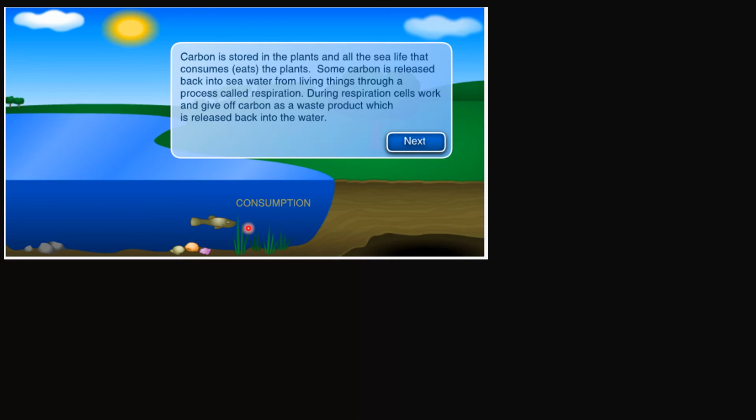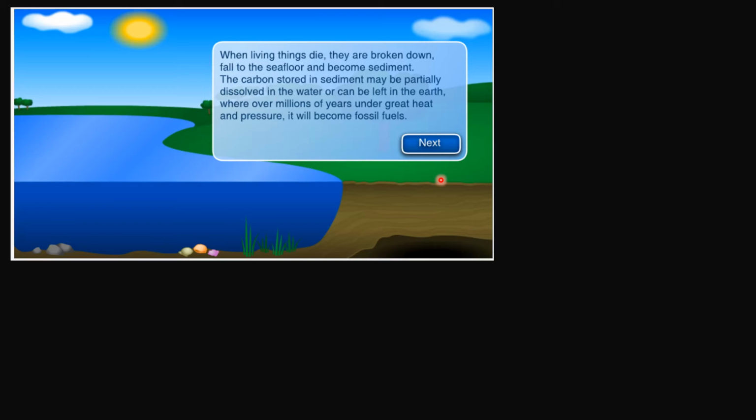And some of the carbon could be transferred to fish. Another thing is that there are a lot of microorganisms that also use the carbon to make shells. Now, when all these different kinds of organisms die, whether it's the fish or the plants or the microorganisms that make shells and stuff like that, they fall to the ocean floor